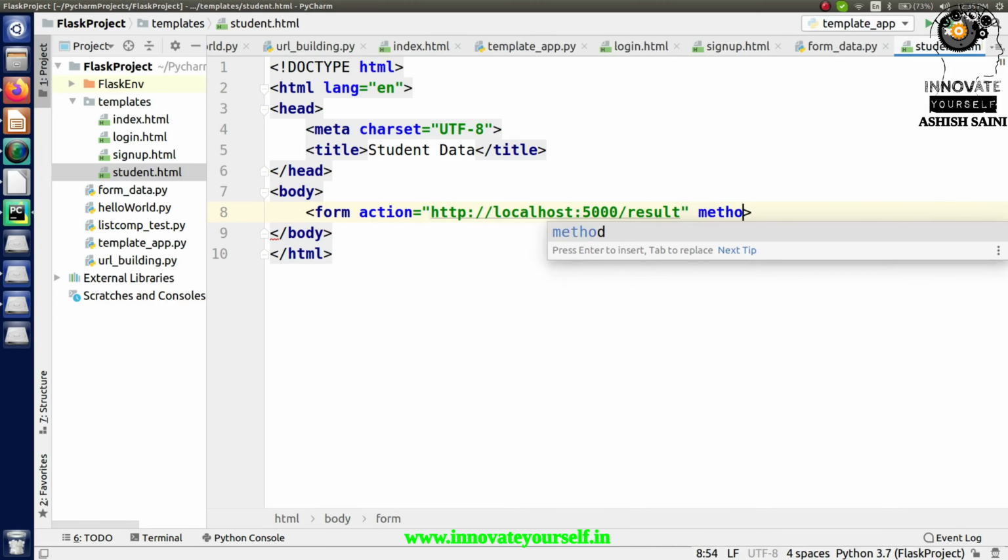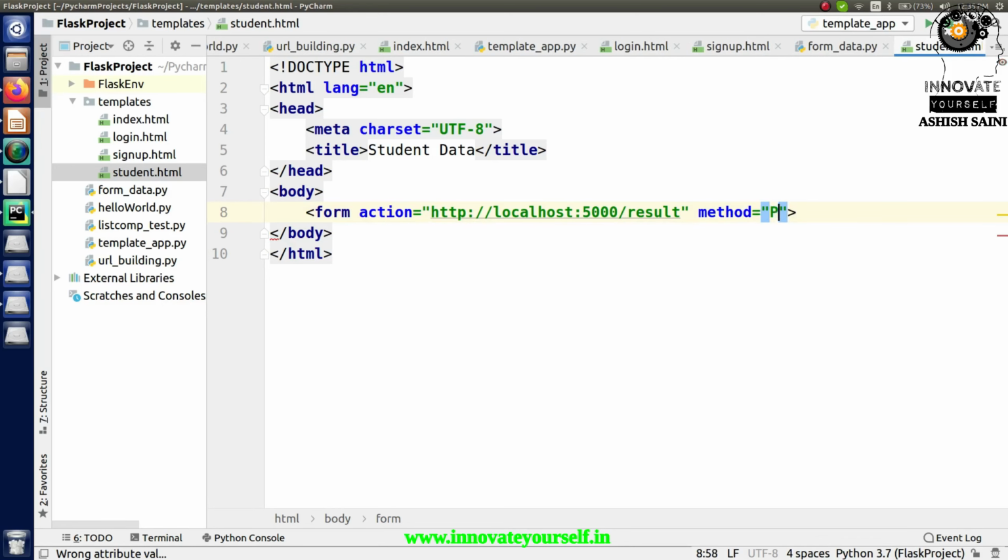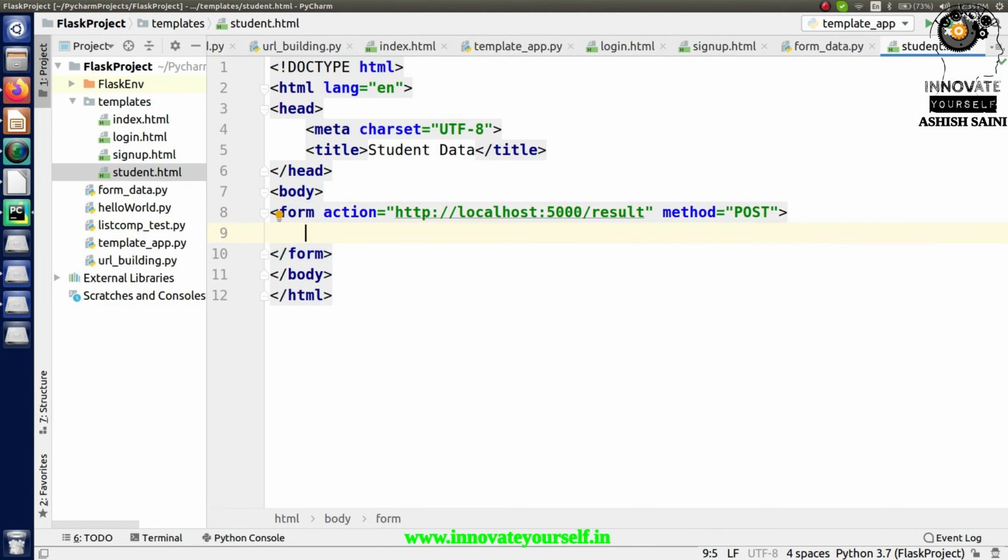Now just put the method and just type what type of method it is. So it is a post method, so that is what I'm going to pass, right? So inside this form, just pass the rest of the values.